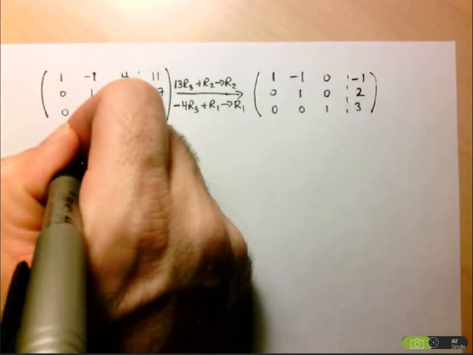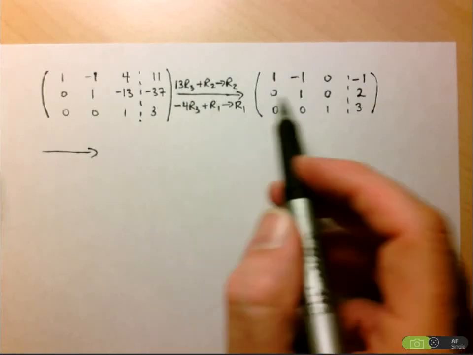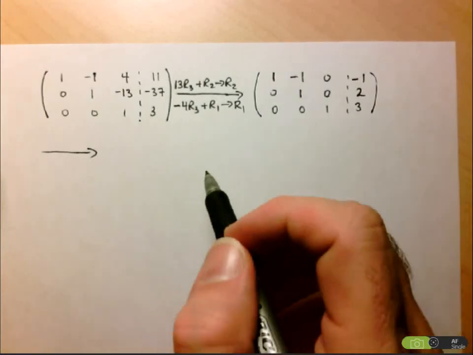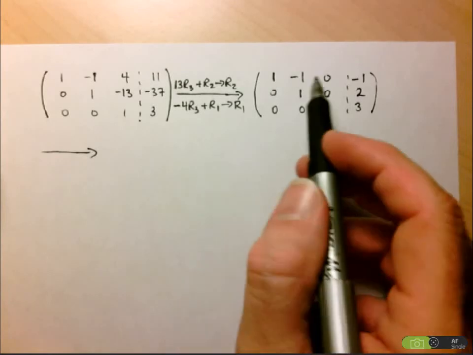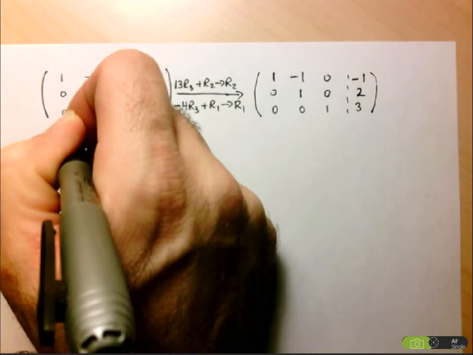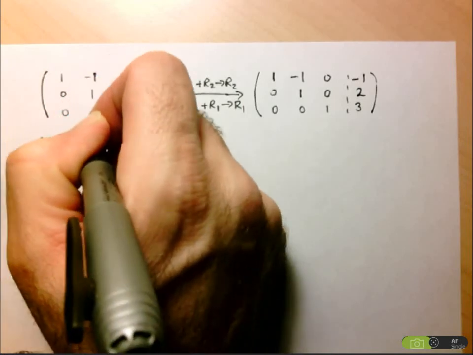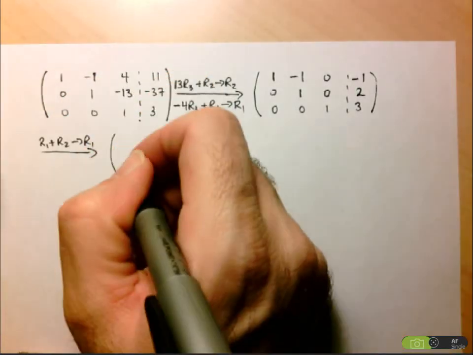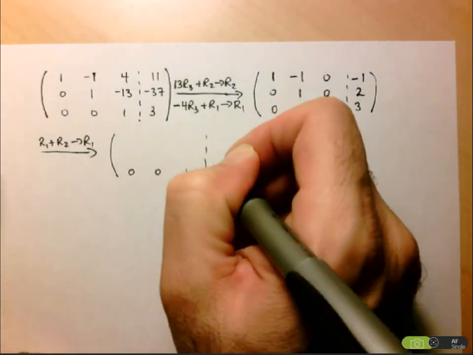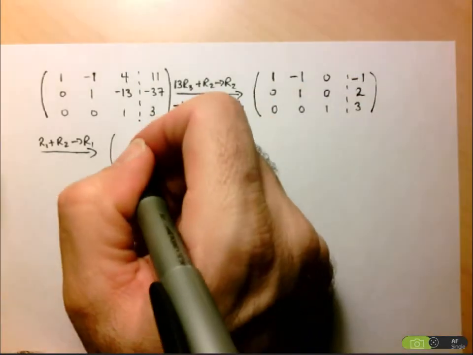Okay, so what I'm going to do here is, in fact, I just have to add row 1 and row 2, and that'll cancel out the second coefficient. So here, row 1 plus row 2, and I'm going to replace row 1 with that resultant. Okay, so the bottom here doesn't change, 0, 0, 1, 3. This doesn't change, 0,